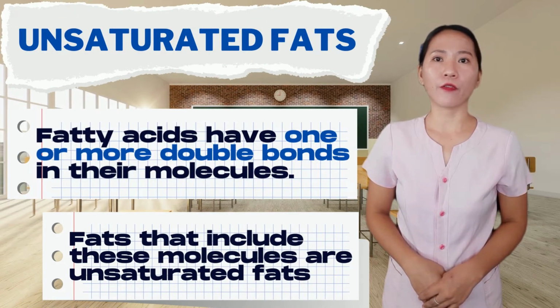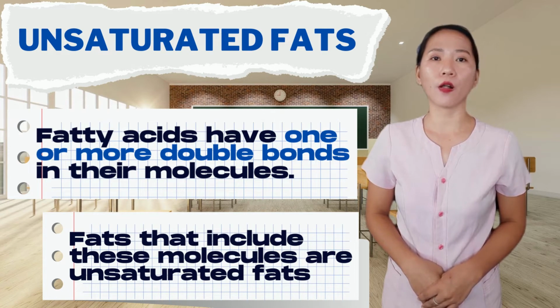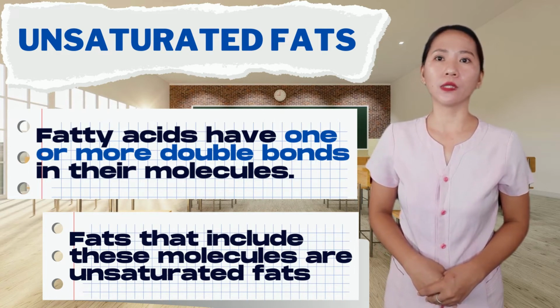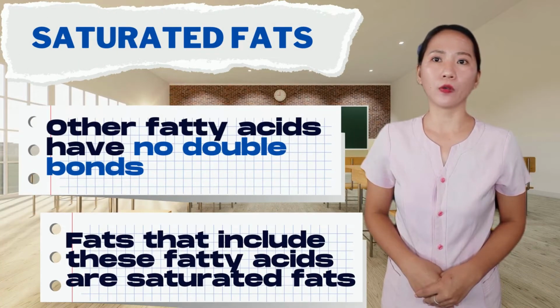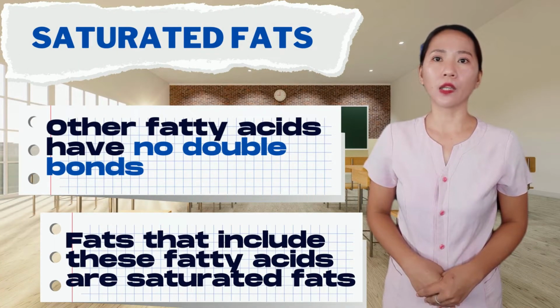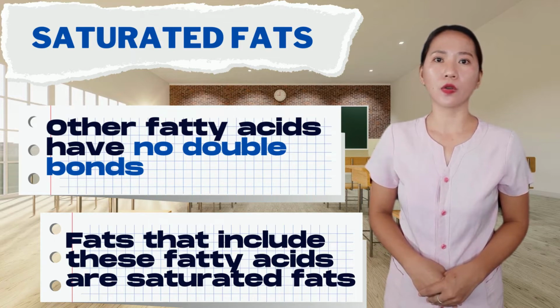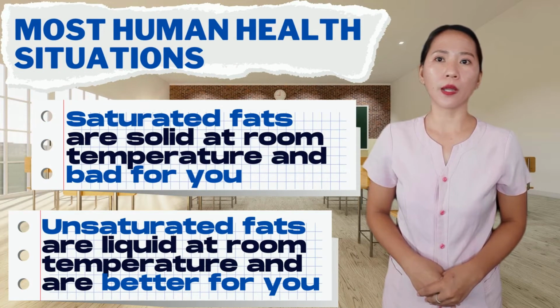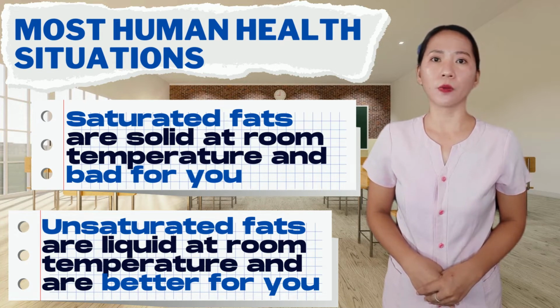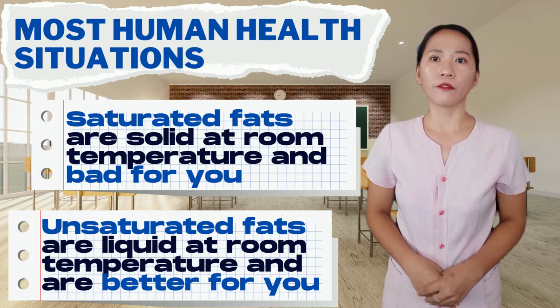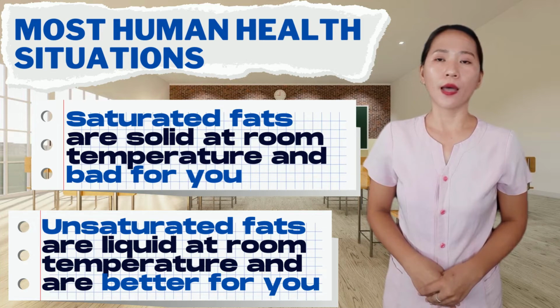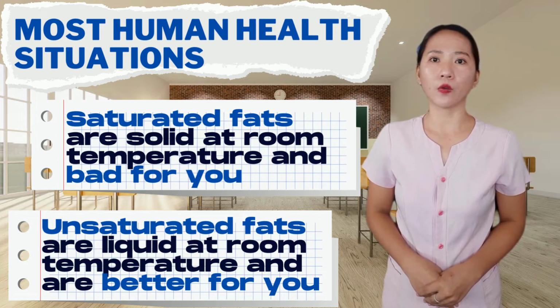Certain fatty acids have one or more double bonds in their molecules. Fats that include these molecules are unsaturated fats. Other fatty acids have no double bonds. Fats that include these fatty acids are saturated fats. In most human health situations, the consumption of unsaturated fats is preferred to the consumption of saturated fats. Saturated fats are solid at room temperature and bad for you, while unsaturated fats are liquid at room temperature and